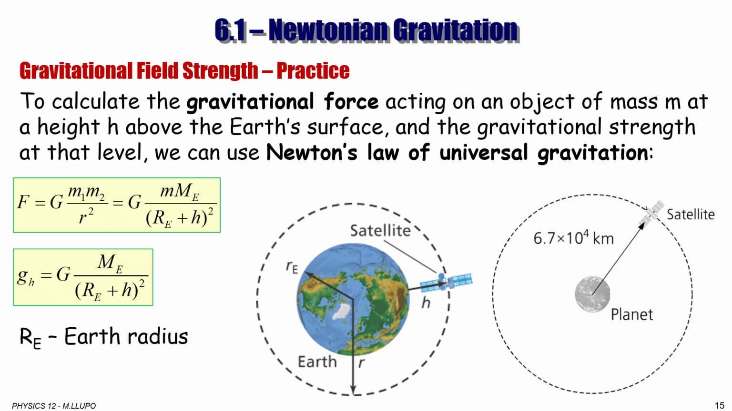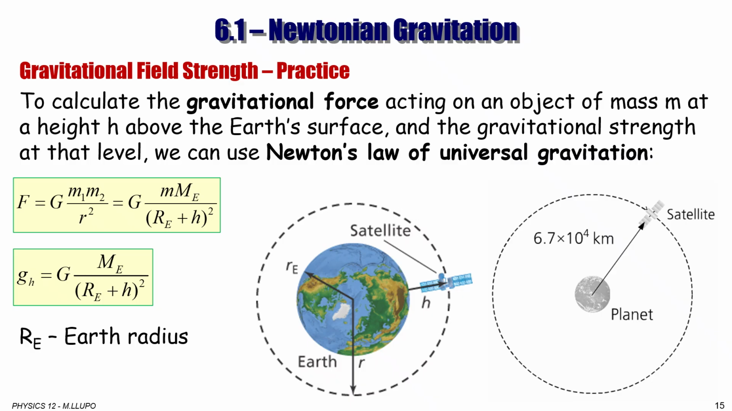The importance of a universal gravitational force is that it's universal. It applies everywhere. To calculate the gravitational force acting on an object with mass m at a height h above the surface of the Earth, and the gravitational field strength at that level, we can use Newton's law of universal gravitation. So force is equal to G m1 m2 over r squared, and r is the distance between the center of the Earth and